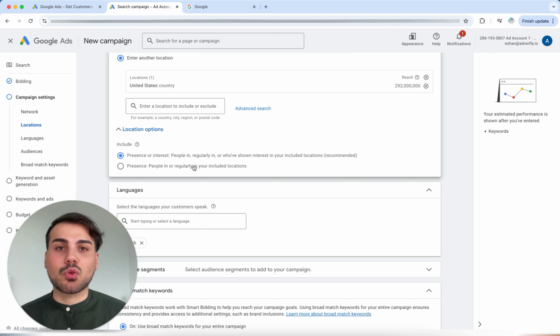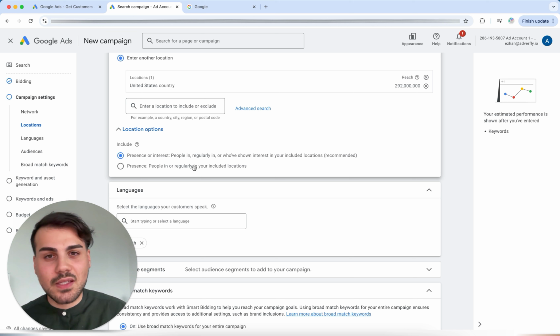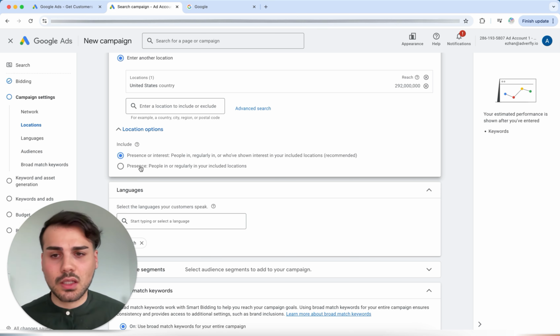When you are traveling, you rarely buy products or services. Of course, there are exceptions, but in most cases, for example in our case, we sell marketing software to companies, so B2B and rather niche, and you usually do that in the office or something similar. That's why I select this option here, that I only want to reach people in this location, which we will do briefly.